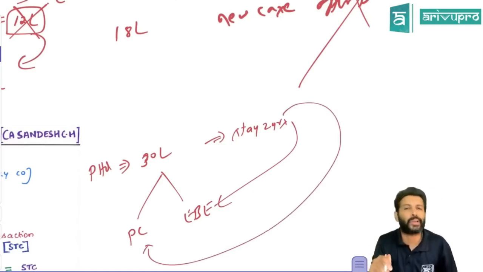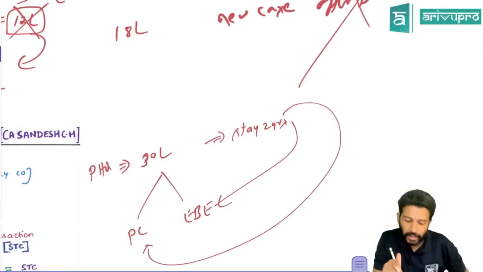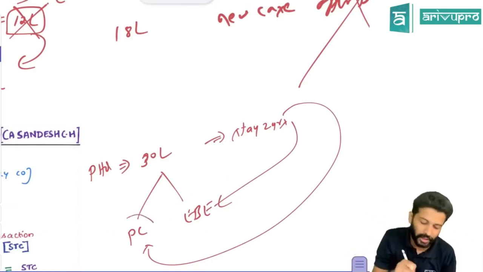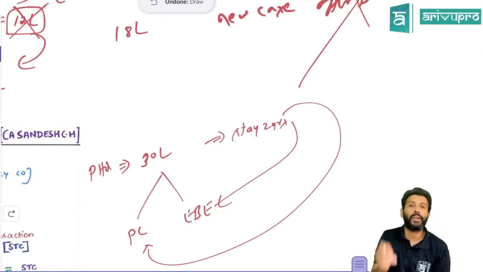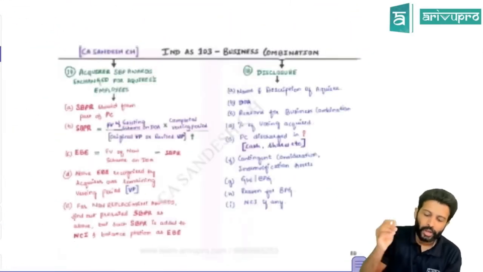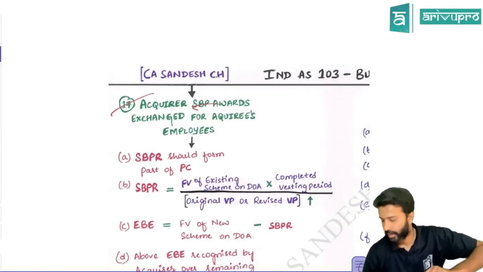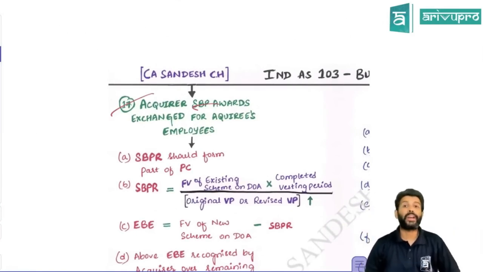So you have to do a case-to-case assessment in these sort of cases, right? If the payment is towards service, then book it as employment benefit expenses. If it is not towards service, then that particular payment will form part of your PC calculation. Okay. Next is SBPR. We saw initially, prorated SBPR, share-based payment reserve. That we are talking about here.